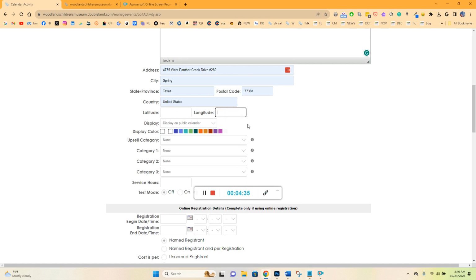The color for the education programming is purple, so you can choose this. And what this is allowing us to see now is this class will be represented with the color purple on the calendar. Now this is not the public calendar. This is the internal calendar that we all look at within DoubleKnot. So we're trying to utilize it more, so just bear with us. We're not going to do an upsell category, and if you remember